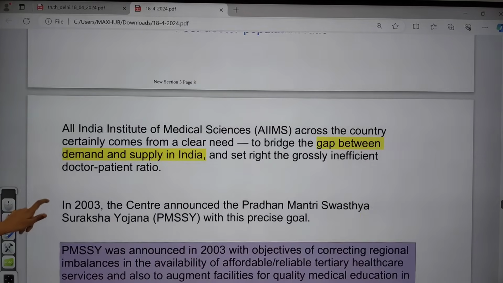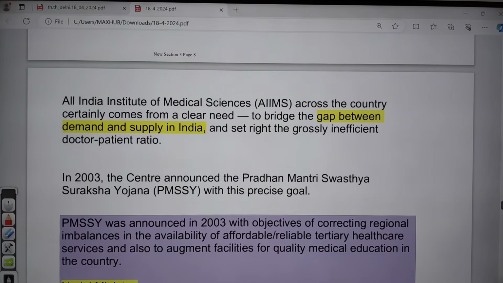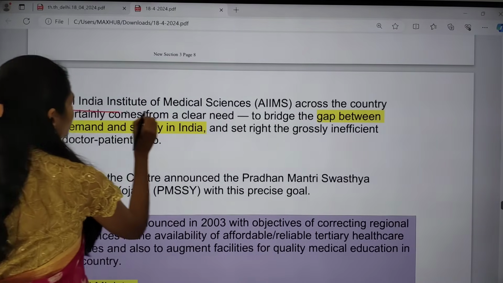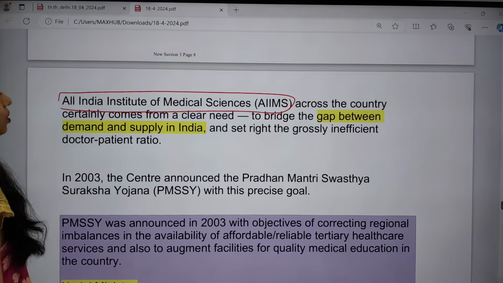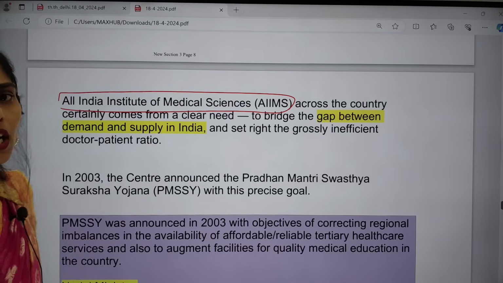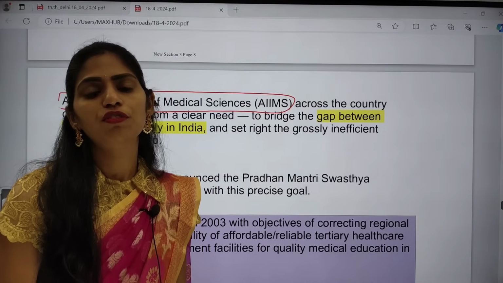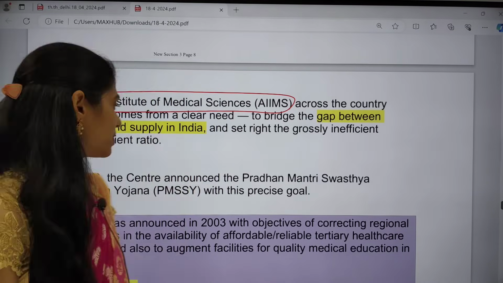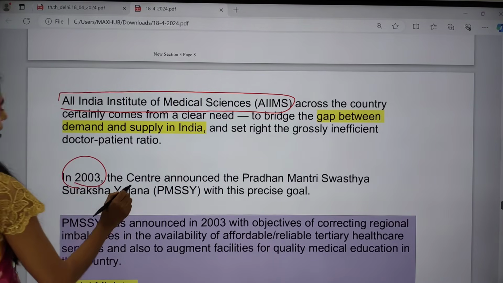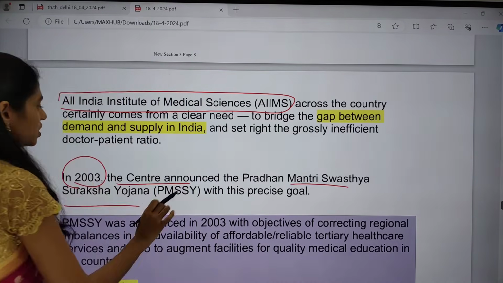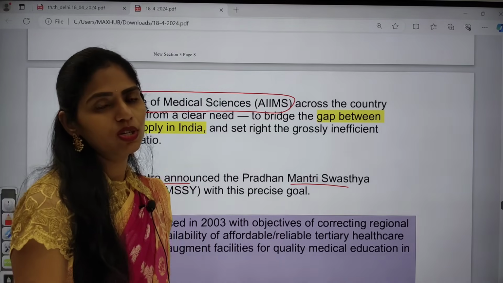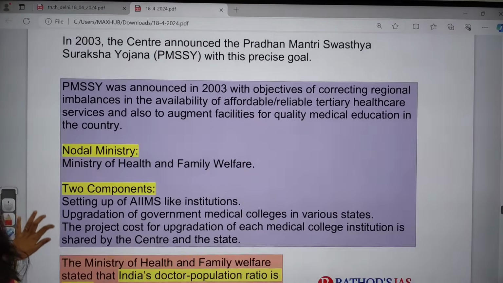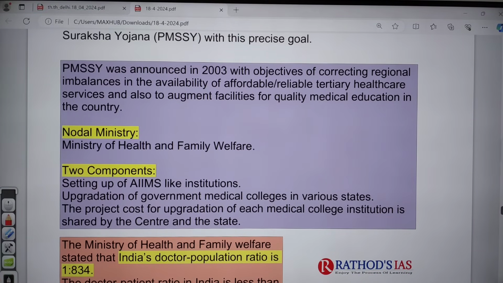So if you are talking about this data, first of all, why is this in use? Because we are focusing on AIIMS, the All India Institute of Medical Sciences across the country. There is an urgent need now, because if you want to bridge the gap between the number of doctors and the population ratio, yes, we have to increase the number of AIIMS. In 2003, the Centre announced Pradhan Mantri Swasthya Suraksha Yojana to decrease the gap between the number of doctors and the population. So this scheme was announced in the year 2003,